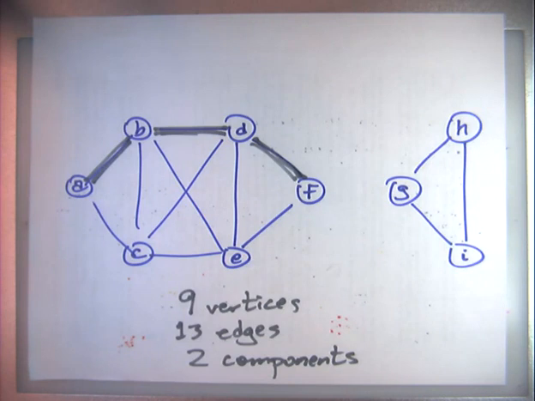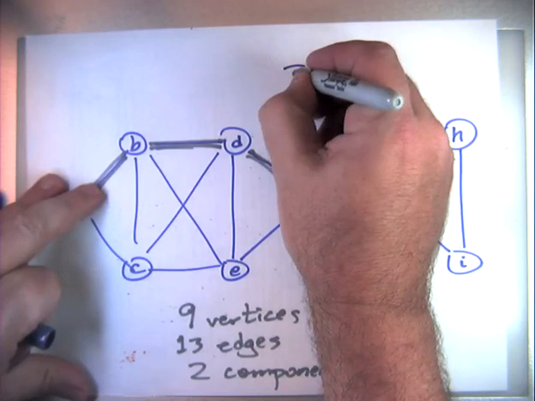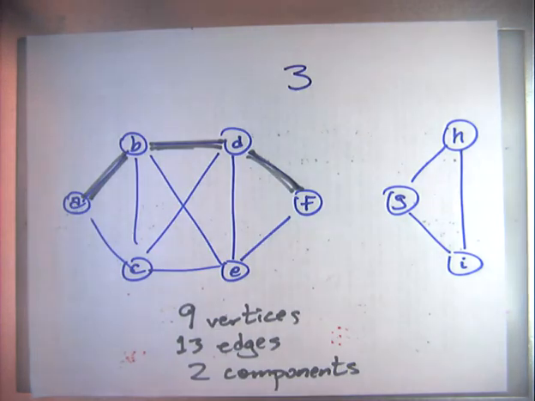Now, I do want to emphasize that this is not really a graph, in the same sense that this is not really the number 3. It's a representation of the number 3. Any more than a regular expression is not itself a set of strings. It's a representation of a set of strings. This kind of representation is usually referred to as a drawing or sometimes as an embedding of the graph. But if we really want to be formal about this,